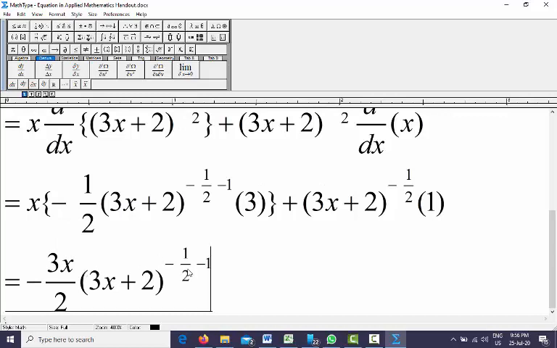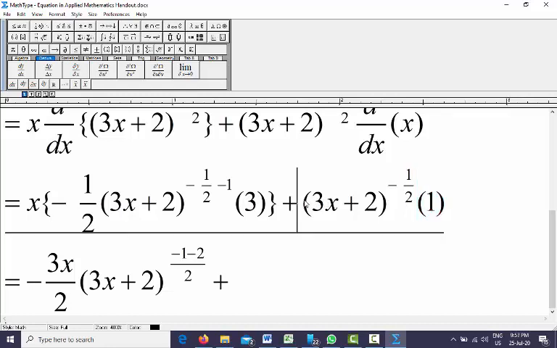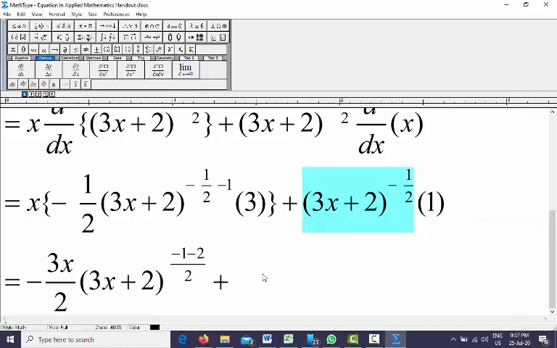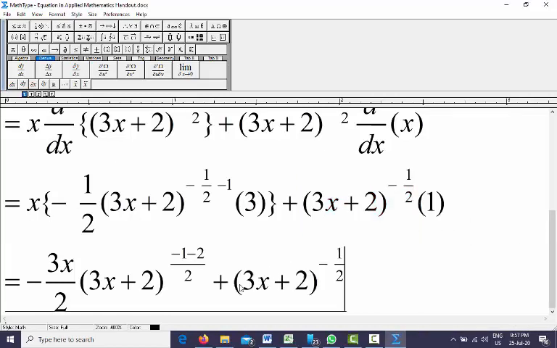So this one, minus half, minus 1. So what do we get here? So here we get minus 1, and then also again here we get minus 2. So if you do this one, we get minus 1 minus 2 divided by 2, and then we will have a plus, and if you multiply these one by 1, that means you just need to write that one back.